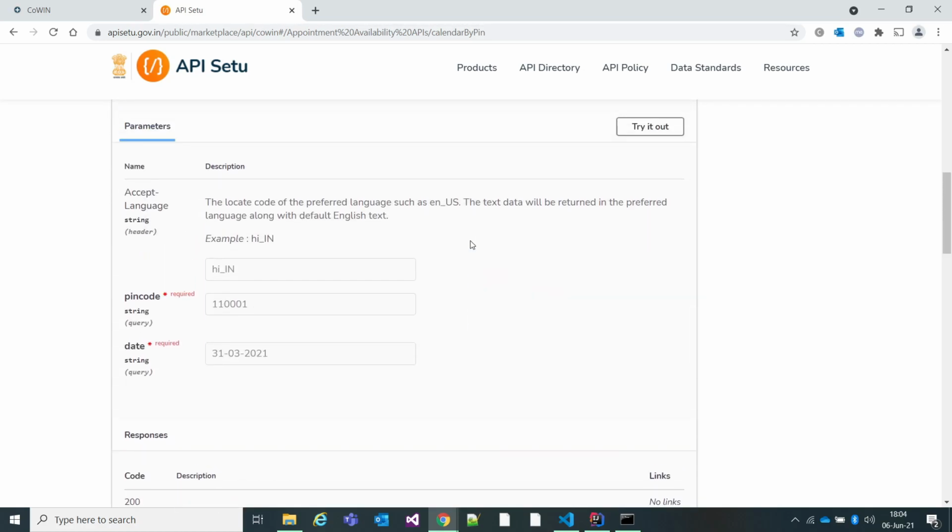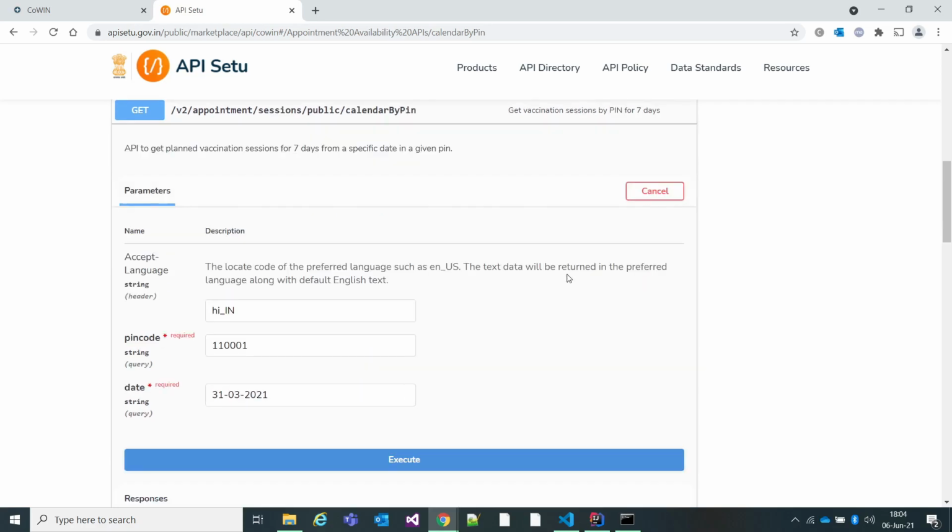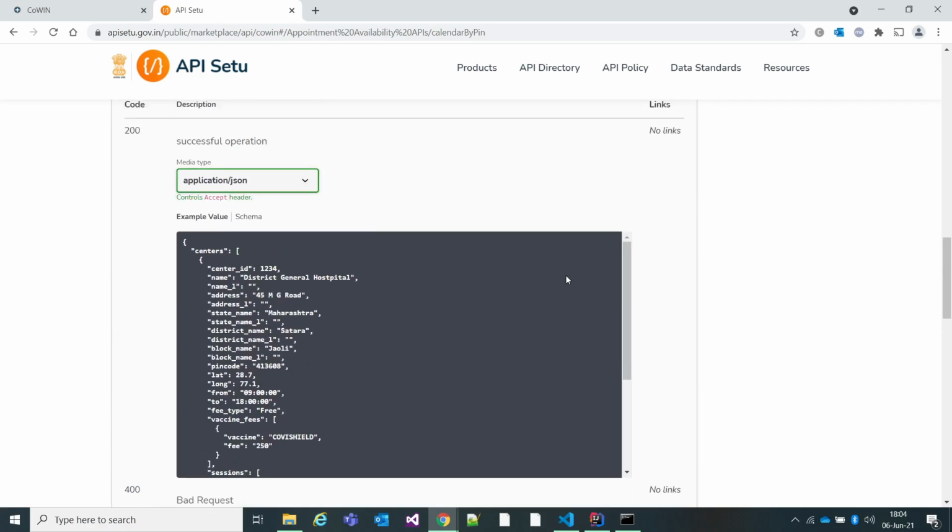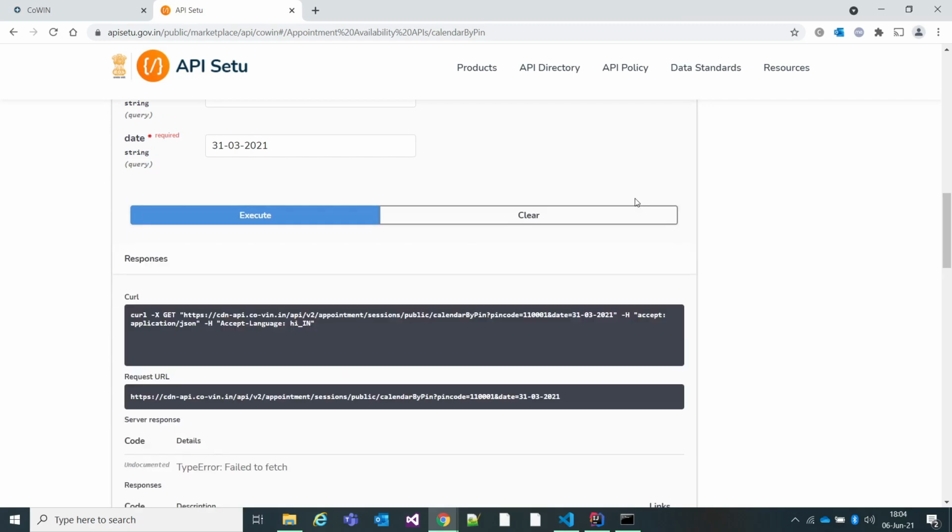Click on try it out, and sorry, click on execute, and you will get this URL, which sets the pin code. By default it is taking 110001 and the date of 31st of March 2021. If you change this to your current date and the desired pin code, you'll get the JSON back.